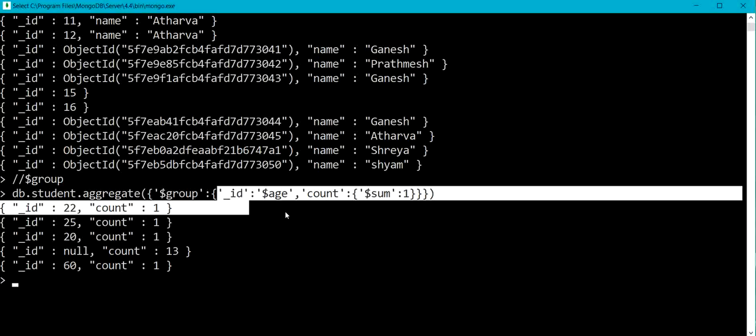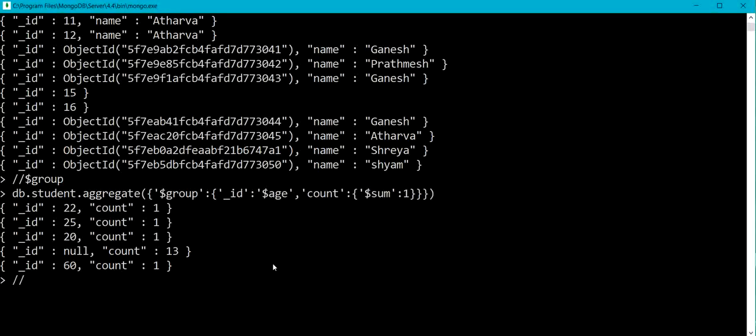Similarly we can use other pipeline operators. We have $match, which is used to select documents to be processed, similar to find. We can also use $limit, which limits the number of documents passed to the next step.